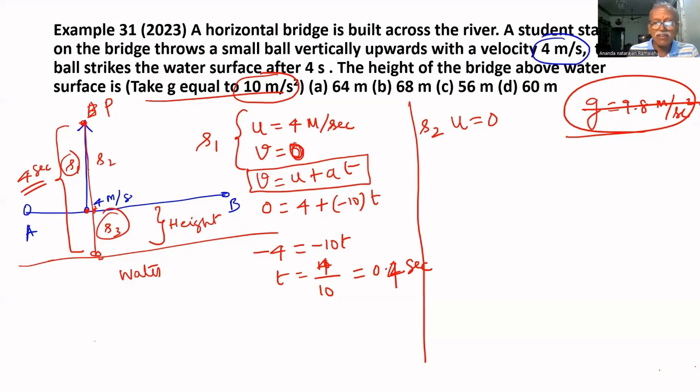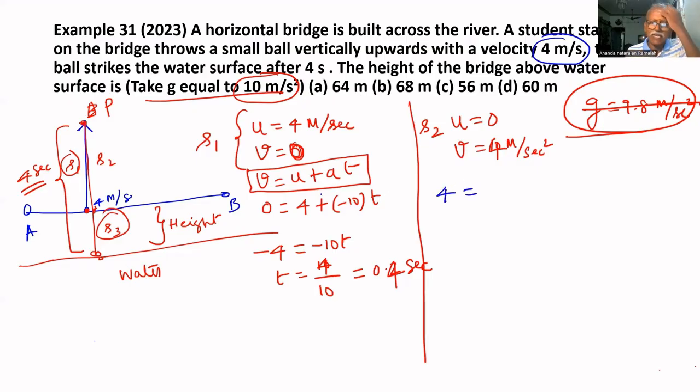Now, initial velocity is 0, final velocity is 4 meters per second, for the same distance and same acceleration. That's why, here initial velocity is 4, final velocity is 0. While coming down, initial velocity is 0, and final velocity while coming to the bridge is 4 meters per second. Therefore, we have to write 4 equal to